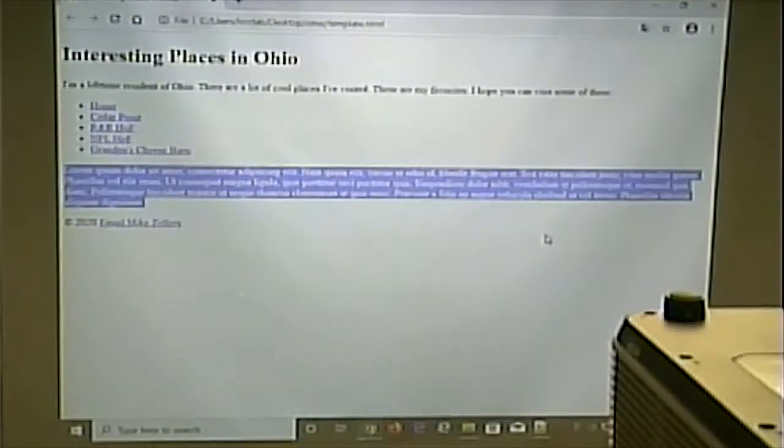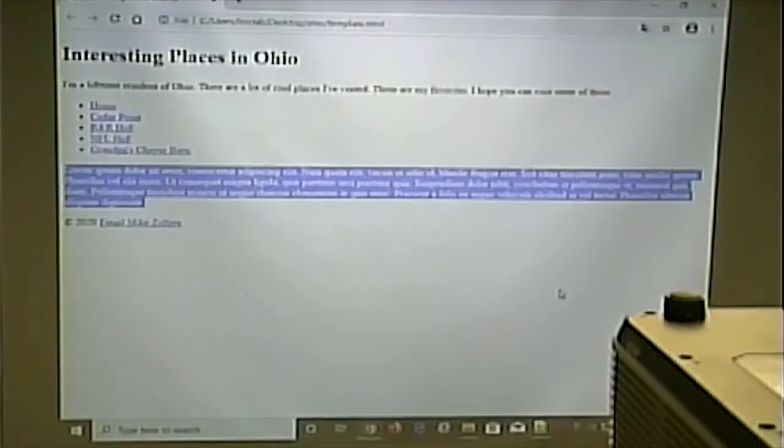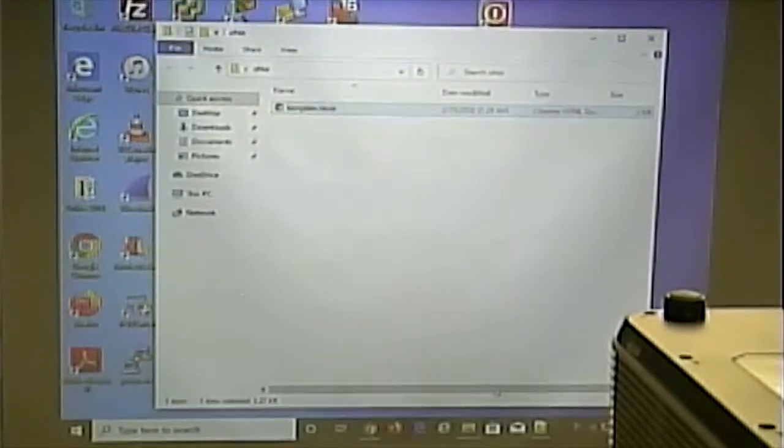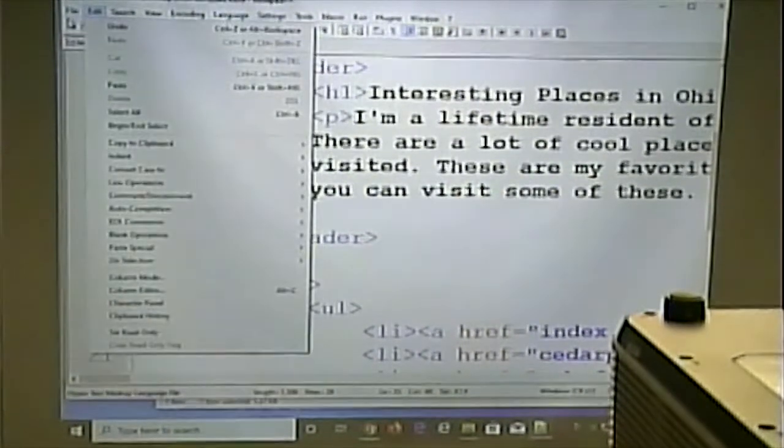Now, what I'm going to do is I'm going to start with my CSS. Remember that I don't have to get my CSS perfect because the CSS is going to be all in one file. So if I have further refinements to it, then I can just make the changes in that one file and it will take place everywhere. So I'm going to start off by creating a new file,